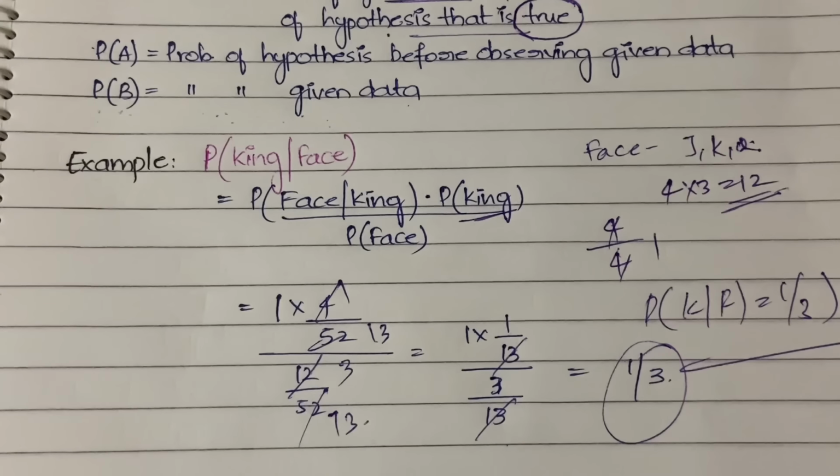In which situation is Bayes theorem useful for you? It will give you the probability of an event based on the prior knowledge of the conditions. Based on the previous knowledge of the conditions, you're going to get the probability. Okay, done. So this is about the Bayes theorem, and this is all about this video.